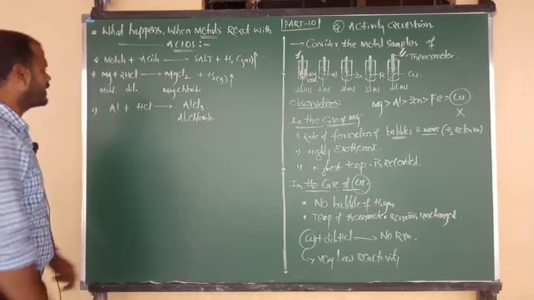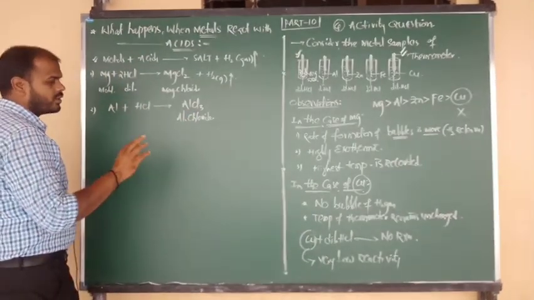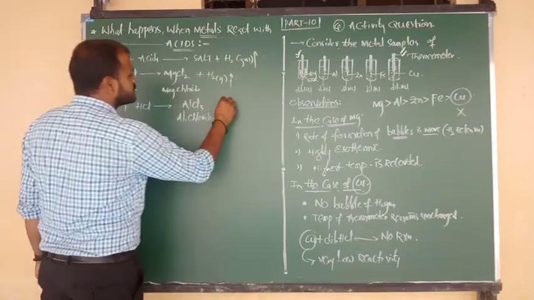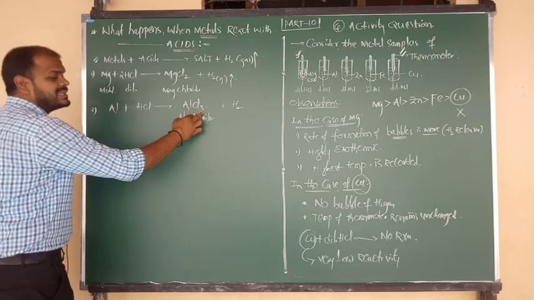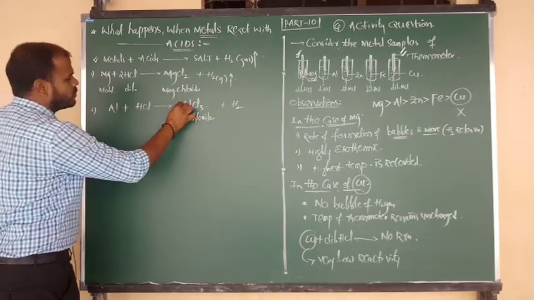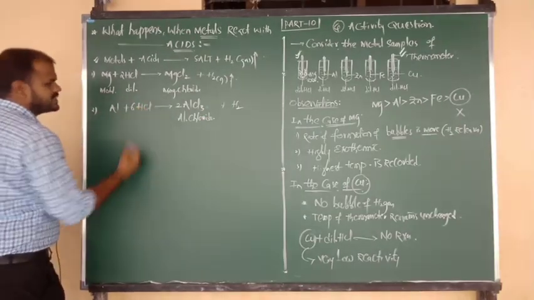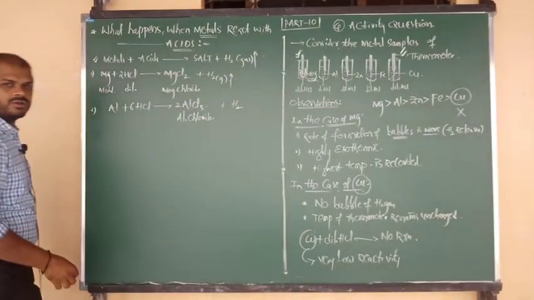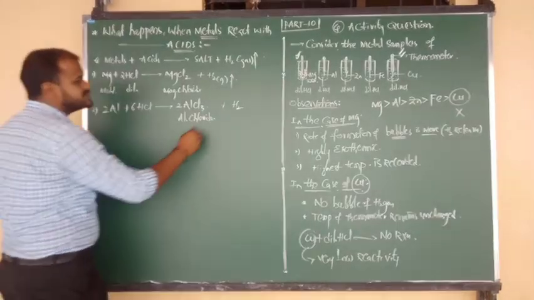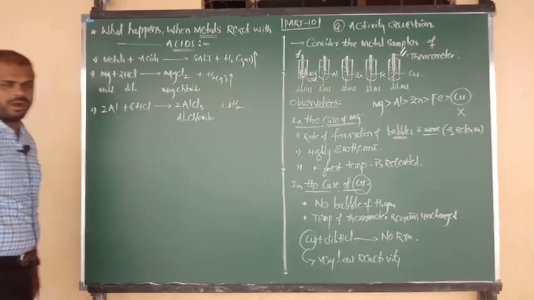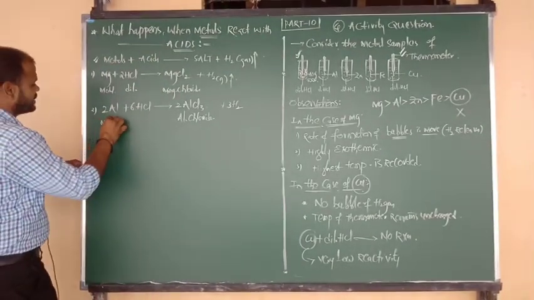Understood? Good. Now we have to do the balancing, beta. Before balancing, I will tell you the byproduct. Same thing, free hydrogen that is evolved in the form of H2 gas. How many Cl are there? 3 Cl, multiply with 2. Here how many Cl do you require? 2 threes are 6 Cl. This is 6 moles of HCl. Here how many Al are there? 2 Al are there. Let me consider here 2 moles of Al. And here 6 hydrogen atoms are there. Simply they have to be written in the form of 3 moles of H2 gas. Understood? So aluminium is a metal.